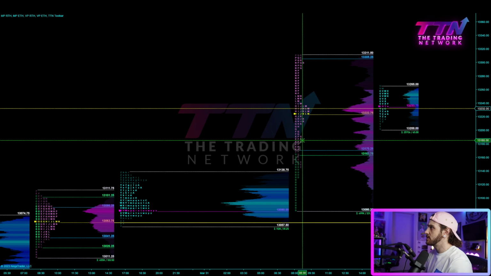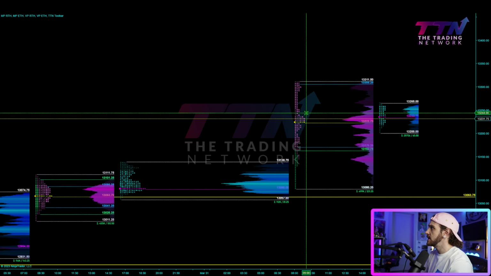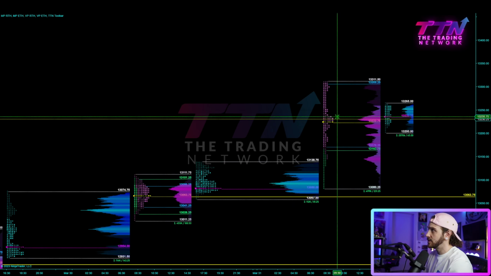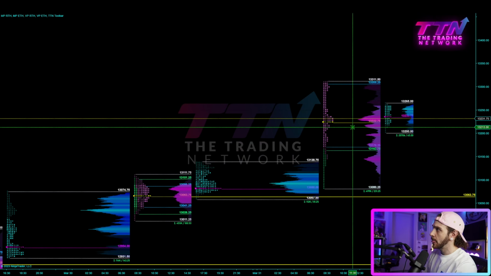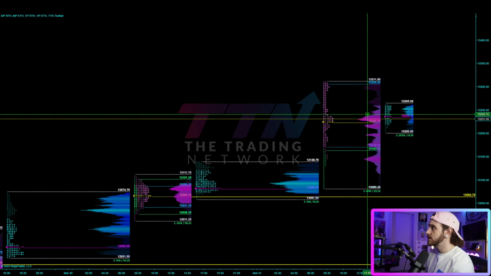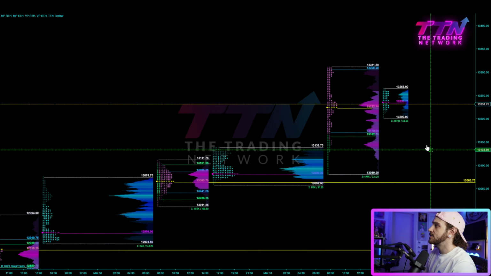So that is what I will be paying attention to. It won't take much for us to get to this naked POC if we do see some sell side pressure. And really, that stands on both sides. There's not a lot of structure on either side. So whichever way strength decides to move towards, we are likely going to see some nice reaction there. So keep an eye out for that tomorrow morning.